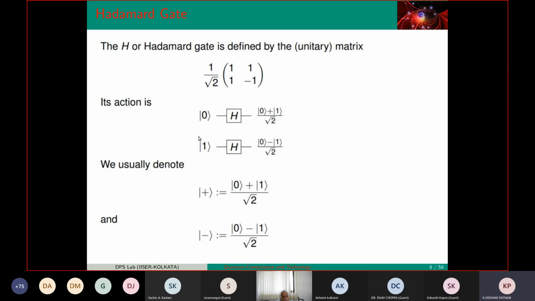How far have people done it? Is it possible, has it been done experimentally? The answer is yes. For example, you can check, things have been teleported across the Danube in Vienna, and there is a group which has teleported things from one side of the river to the other. For example, there are Chinese experiments showing teleportation on the kilometer scale. So teleportation has been done. So this good old name, plus minus, you will find computational basis, Hadamard basis. This language you will find everywhere. Computational basis, Hadamard basis, and Hadamard operator. And this is called a single qubit operator. Very nice.